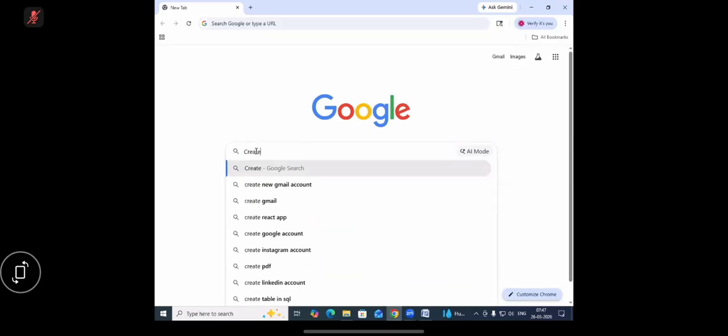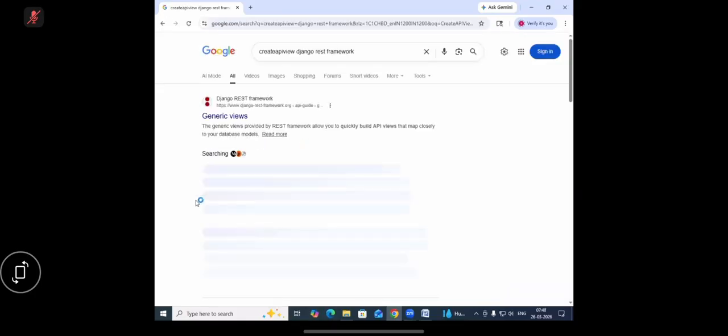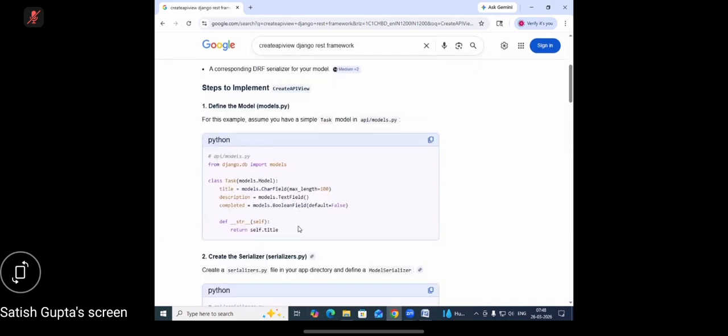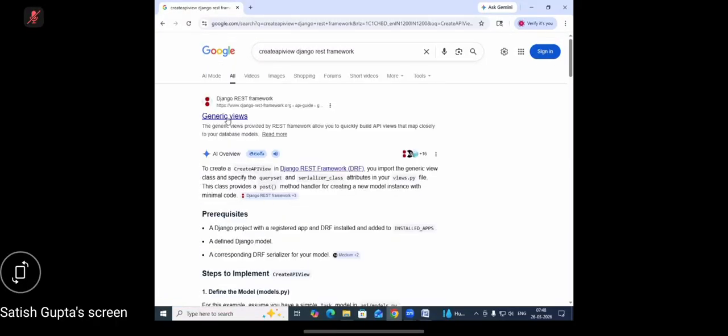So there is an API view called create API view class. See here, there is a create API view. So there are generic API views, but apart from that, you find different API view classes. If you see the documentation here,